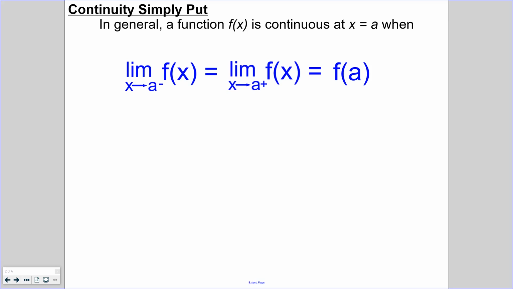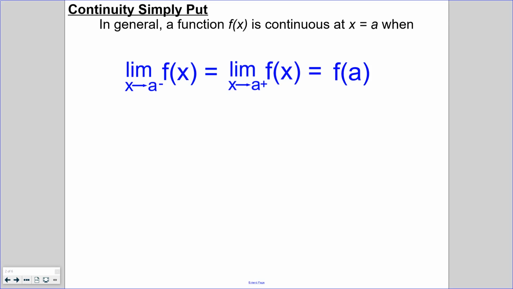And that is very useful. Those three conditions are super useful when we're trying to identify continuity at a point. However, there are some other applications of those conditions which we'll be talking about in this video. In this video, we need to take those three conditions and combine them into one general, simple, easy to state formula. So, in general, a function f of x is continuous at x equals a when the